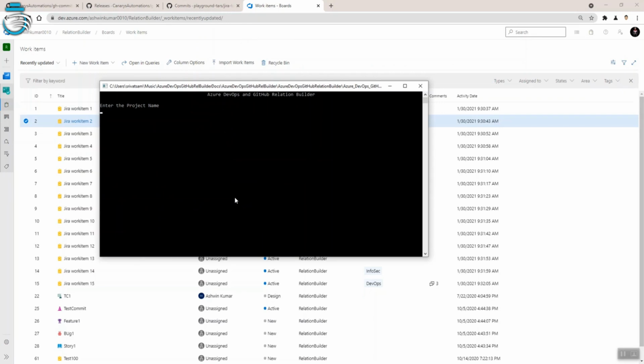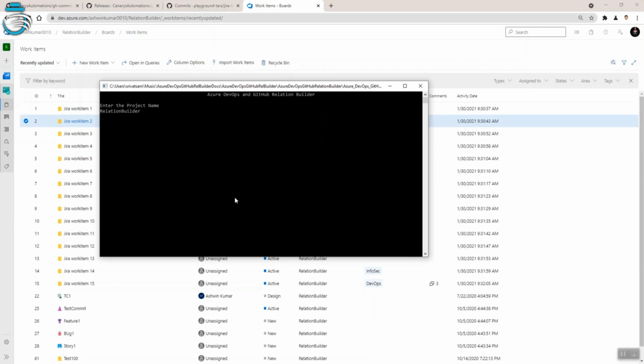The next thing I need to key in is the Azure DevOps related information. The configuration goes like this. I have to enter the Azure DevOps project name, so that is where I enter this.